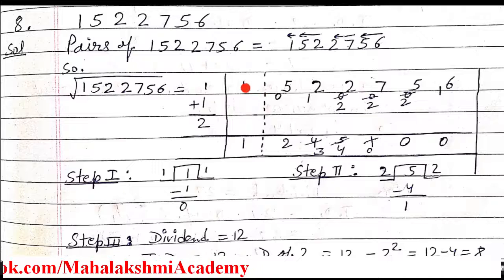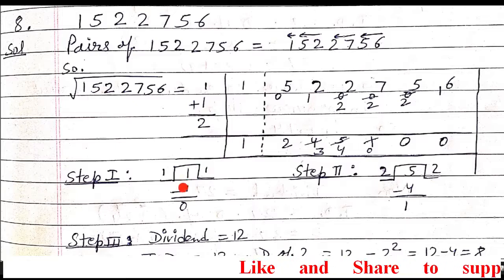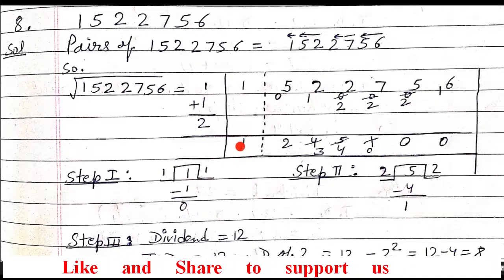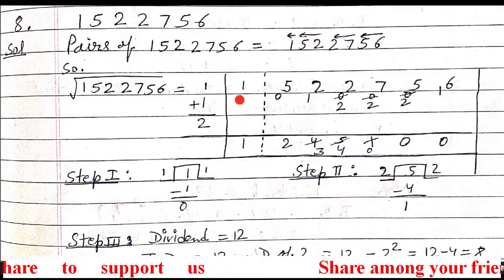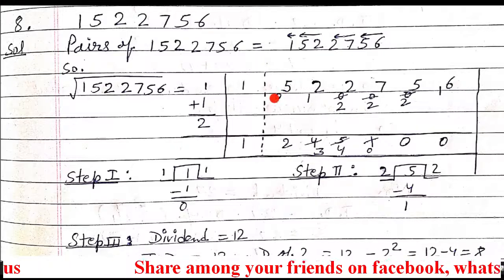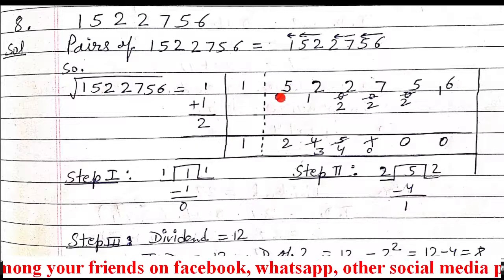The first step is to divide the first pair by the selected number, that is 1. Here you always have to do the square: 1 into 1 is 1. If you select 2, then 2 into 2 is 4, like this. So in the first step 1 minus 1 is 0. This 1 is the quotient, which we already wrote before, and 0 is the remainder that you have to write down next to the next number. After 1, what is the next digit here? 5. So write 0 a little to the left and down of 5. So your next dividend is 05.